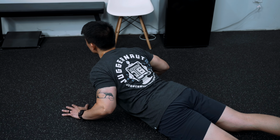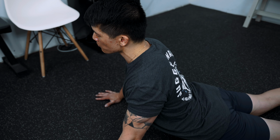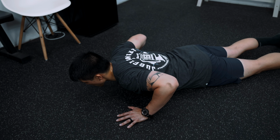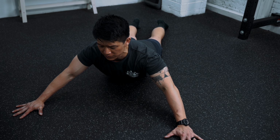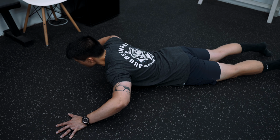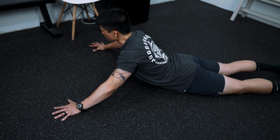Let's say the person cannot tolerate this very well because this is too much extension that they can handle at the moment. Sometimes I'll just have them move their hands a little bit forward and a little bit out, and that changes the angle and the magnitude of the extension that occurs in their lower back. I'll have them do this at least 10 times and then ask them how their pain changes, if at all. How their pain changes will inform what to do for the next progression